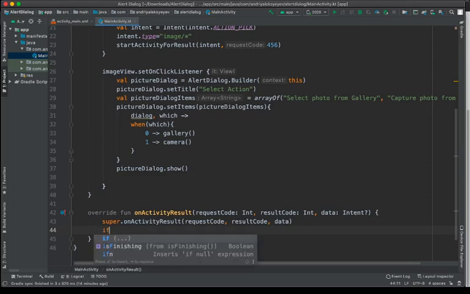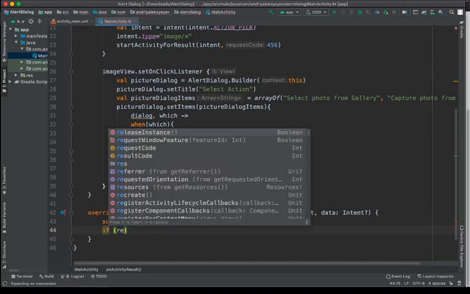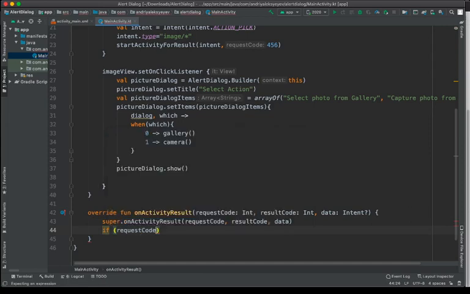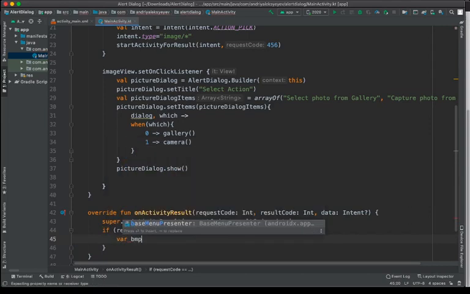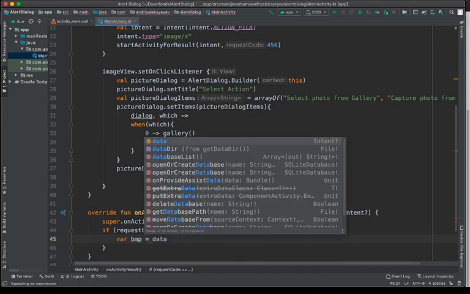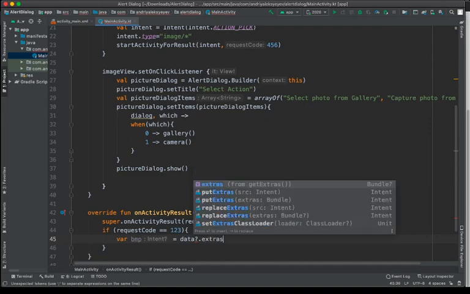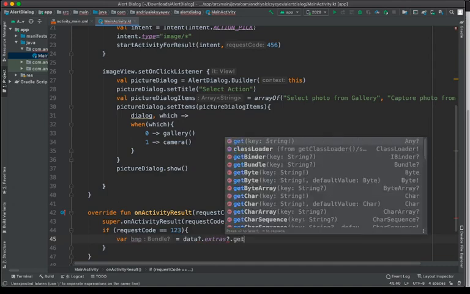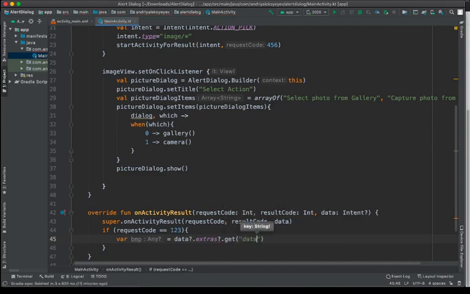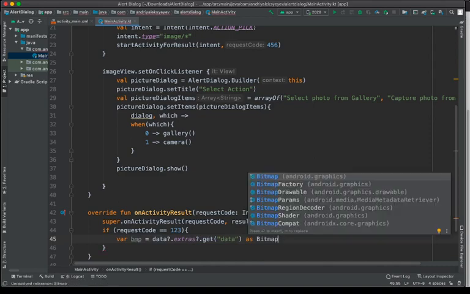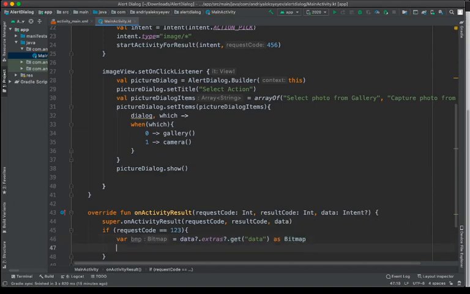We're gonna say if requestCode, this one here, equals 123, then we're gonna say var bmp equals data?.extras?.get, well, get data as Bitmap. Right there, Bitmap. And then we're gonna set ImageView to show that